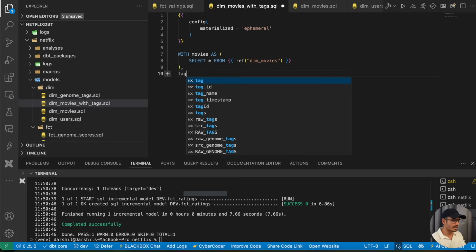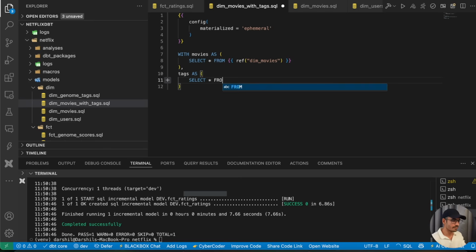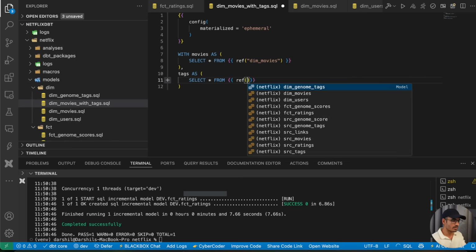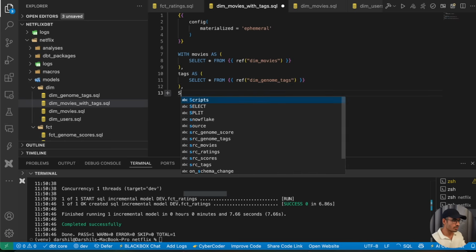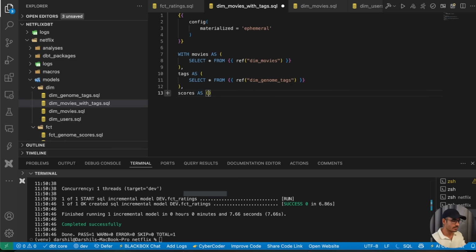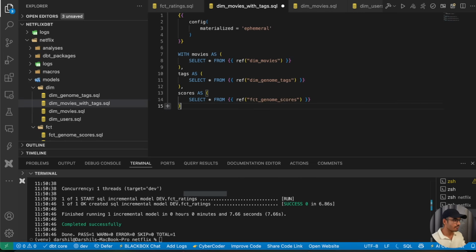comma, tags as select star from ref dim genome tags, scores as select star from ref, let's say, fact genome scores. All right, and then we will join all of these together, right? We will do select